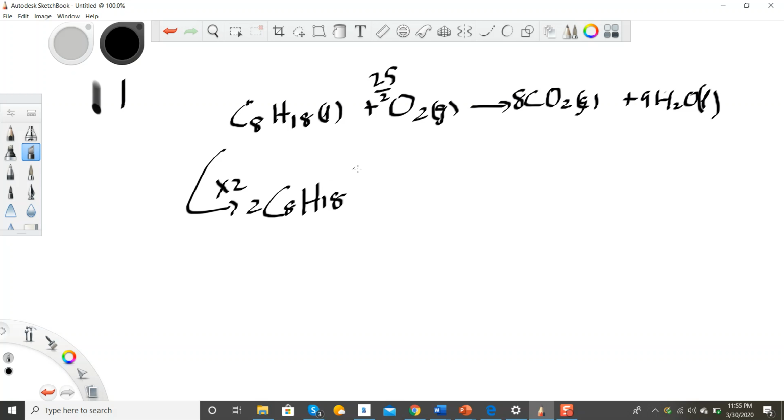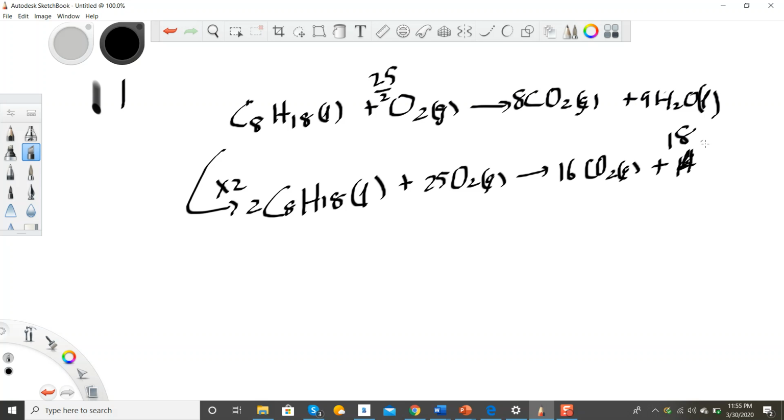2C8H18 liquid plus 25 O2 gas to give 16 CO2 gas plus 18 H2O liquid. All right? Okay, then we need to figure out, basically, based on this equation, the amount of heat